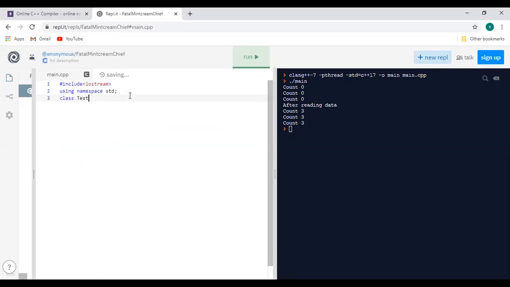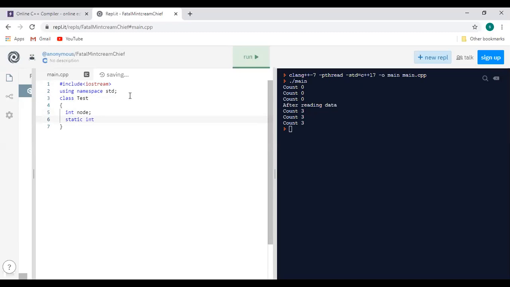Inside that test, I have created one local variable as code, and the second one is the static variable, because this variable is used inside the static function.